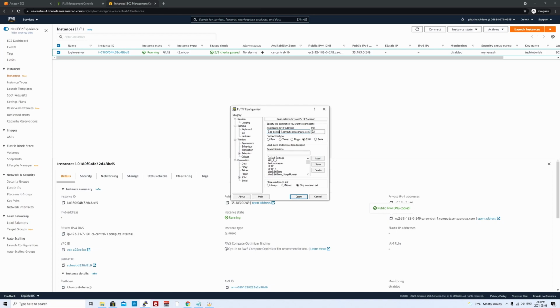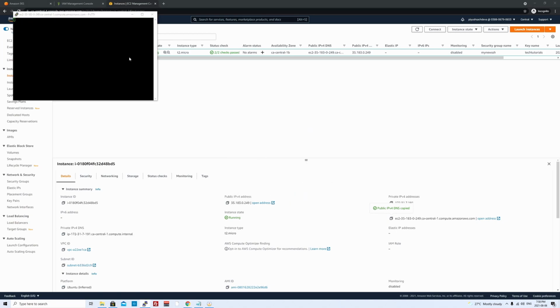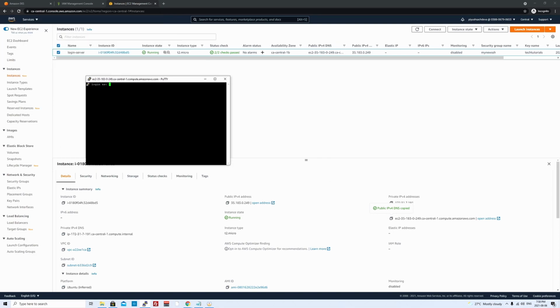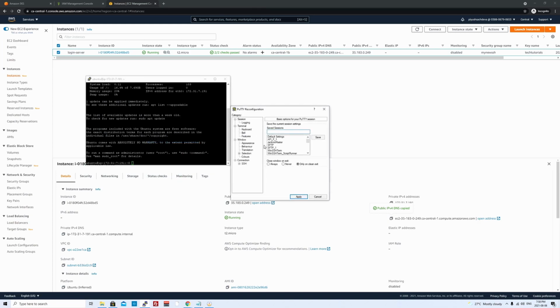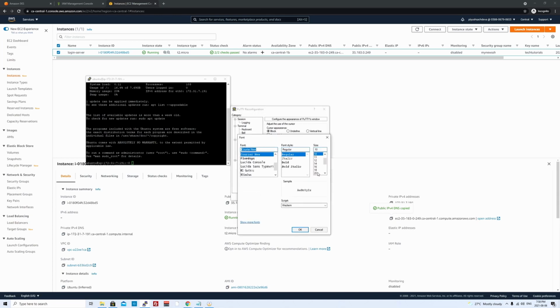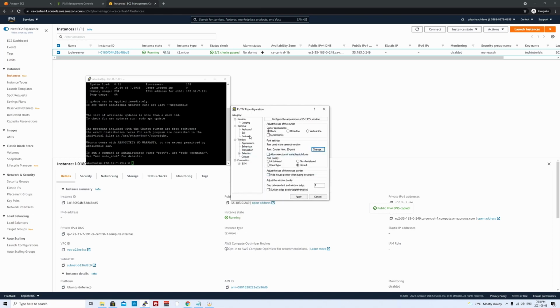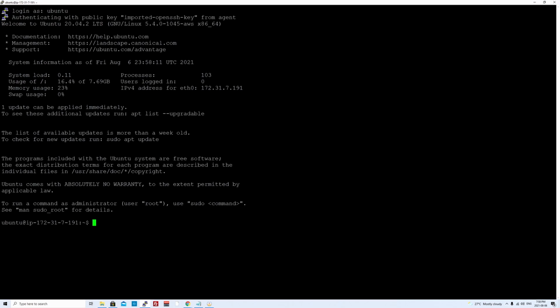Now I put my hostname over here. Okay, and I hit open. So it will authenticate with that Pageant key. Okay, I'll give this a username Ubuntu. Maybe I'll just increase the font, appearance, and then change. I'll do this. This should be it. I'll remove the bell as well. Okay. So we are in our EC2 server, which will be used to issue the commands to the API server for our EKS cluster. So before that, I'll just go ahead and do an apt update.